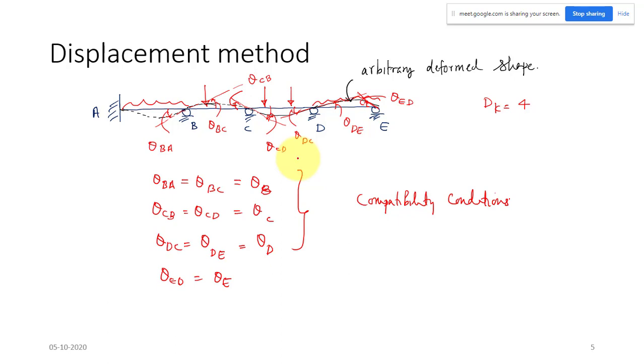One more thing about the displacement method of analysis, another advantage: to predict the deformed shape of your beam, you should know the degrees of freedom. You should know the slope value. In this case you should know all the degrees of freedom of your structure. Then only you can predict how your beam is going to deform. To predict that, you have to know the displacement components in the structure.